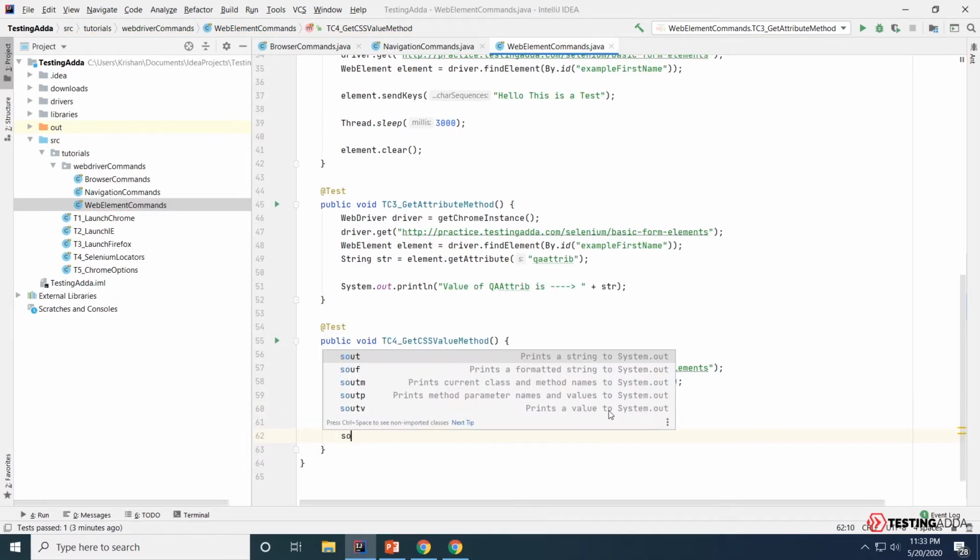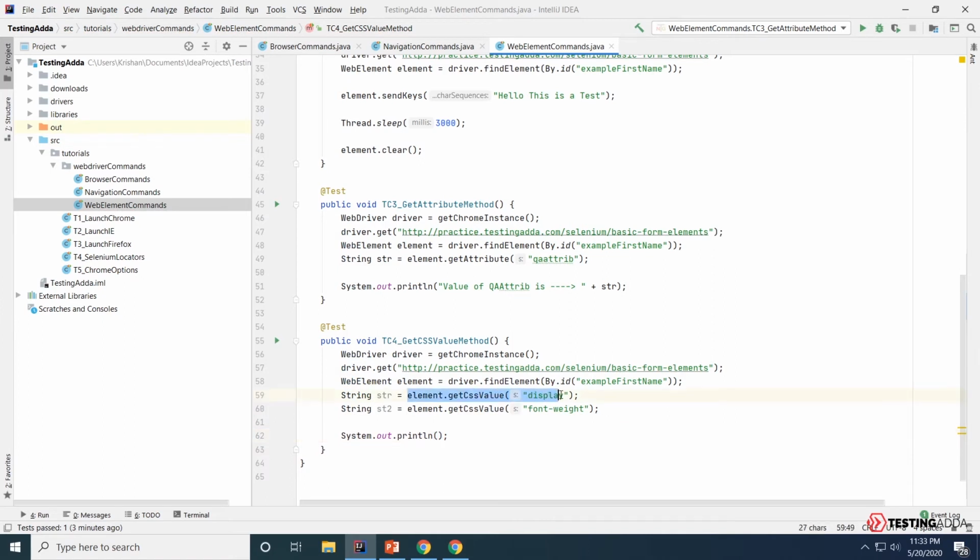Let's try printing the values extracted from the getCssValue methods, first the display property value, str, and we'll copy this statement again and print the other value, that is the font weight property value, str2.